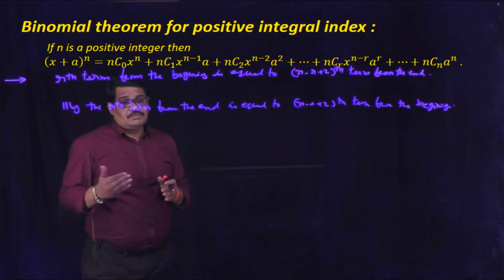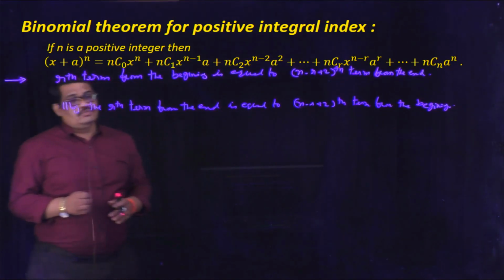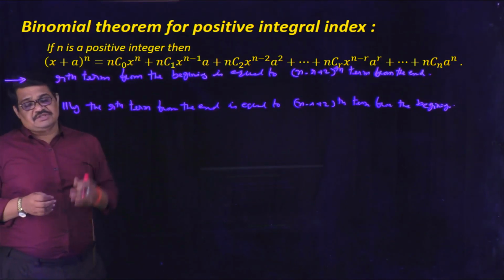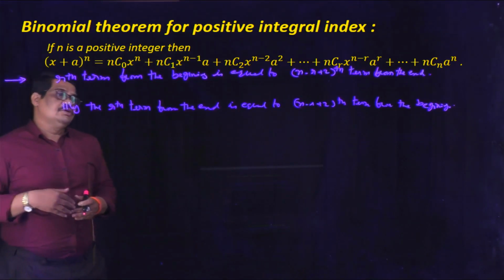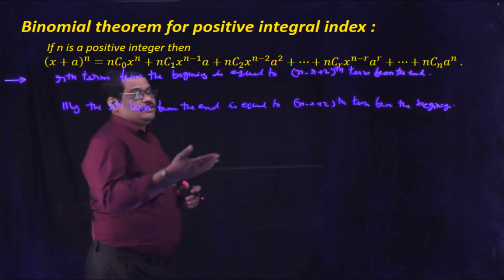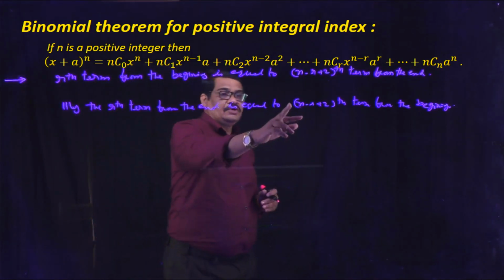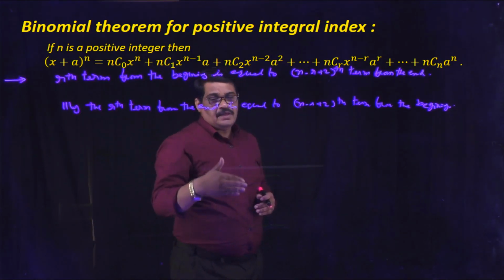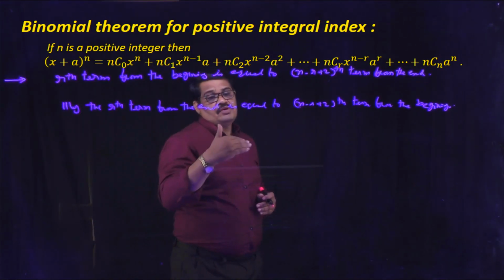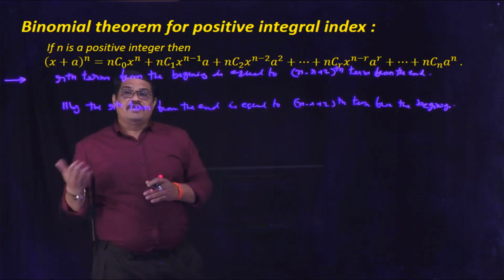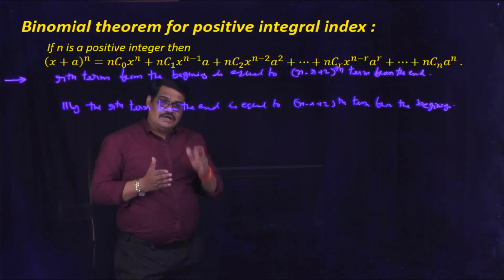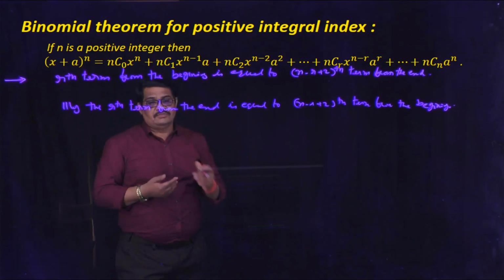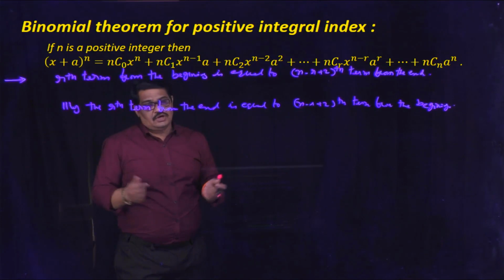So now sometimes in objective problems we have to find, say, the 7th term from the end of the expression that is given. Now using that, we are finding the (n minus r plus 2)th term, that is the rth term from the beginning. Okay, so the rth term from the beginning is equal to the (n minus r plus 2)th term from the end. These are both equal.